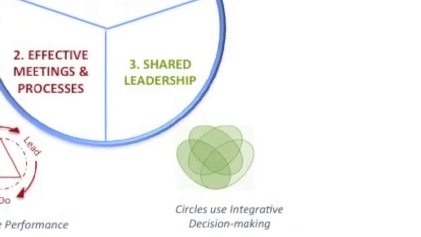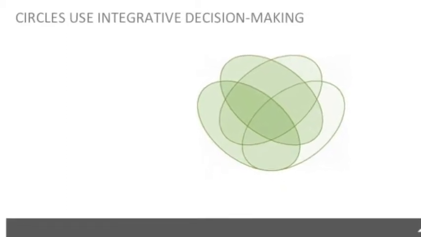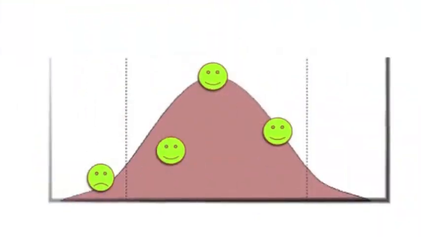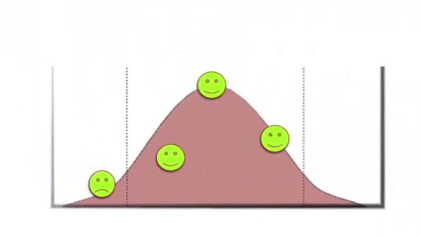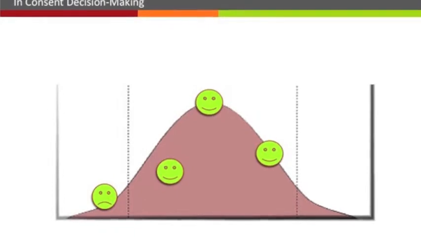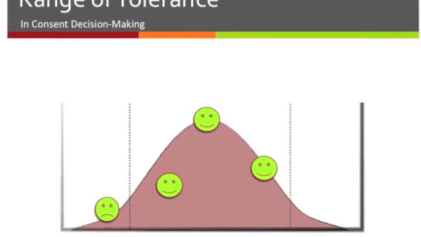Circles use integrative decision-making. Integrative decision-making allows solutions to emerge that are within everyone's range of tolerance and that everyone can live with. It's hard to imagine because usually in decision making we are trying to get people to agree. So when a proposed solution is outside the range of tolerance of one of the members, typically we try to persuade that person to see it our way, especially if we really like the idea. This does not always work. If it's an important issue, either we end up in frustrating debate or that person decides it's not worth it to argue.